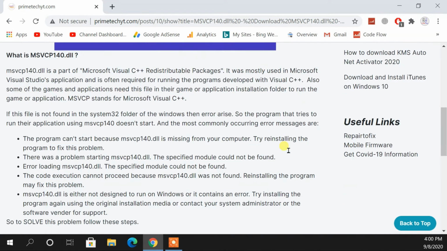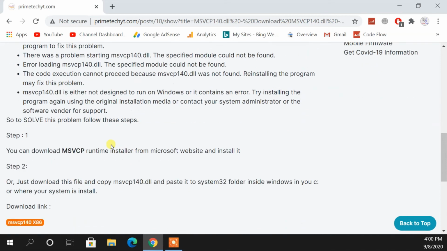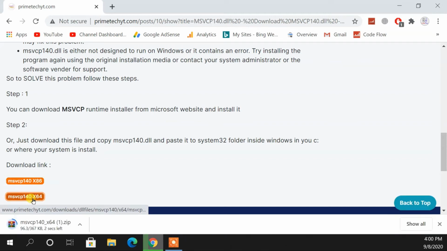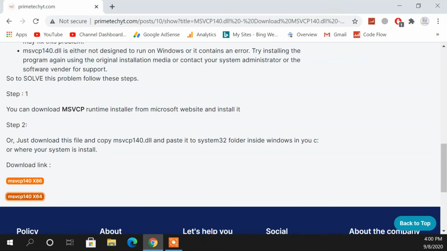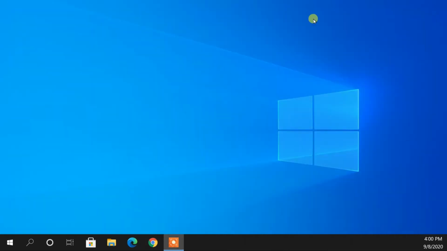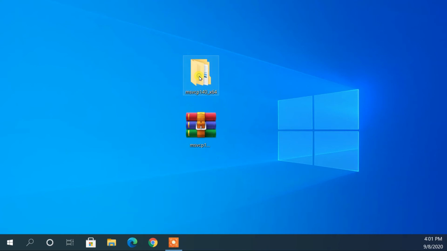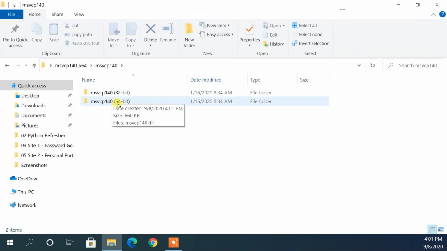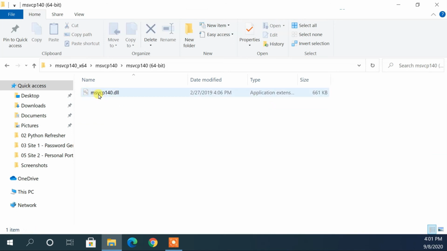Now from the download page, scroll down and you will find the versions of the DLL file. Basically the file includes both 32 and 64-bit files, so you can download it from any link. The download file is a few hundred KB, so it takes no time to download. After the download is completed, extract the file. Choose your file according to your operating system. You can choose either the 32-bit file or the 64-bit file, and then copy the file.